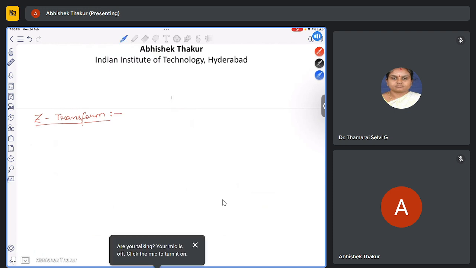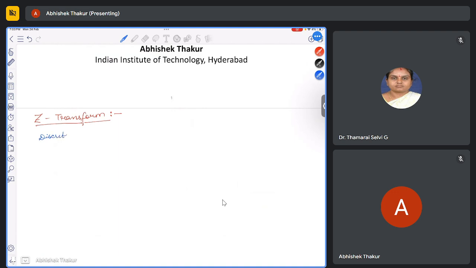Let's consider a discrete time signal x[n]. So its Z transform is given as,